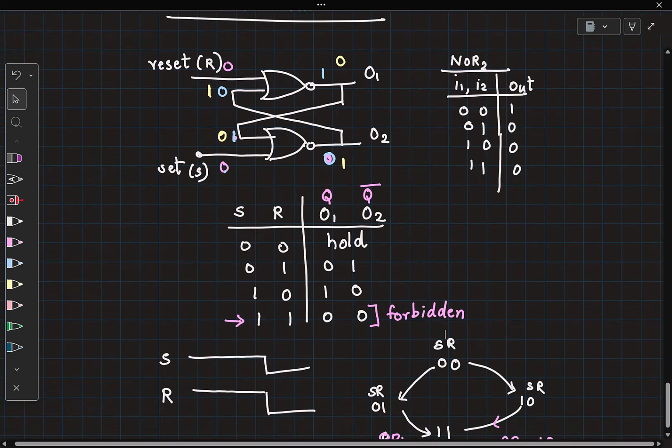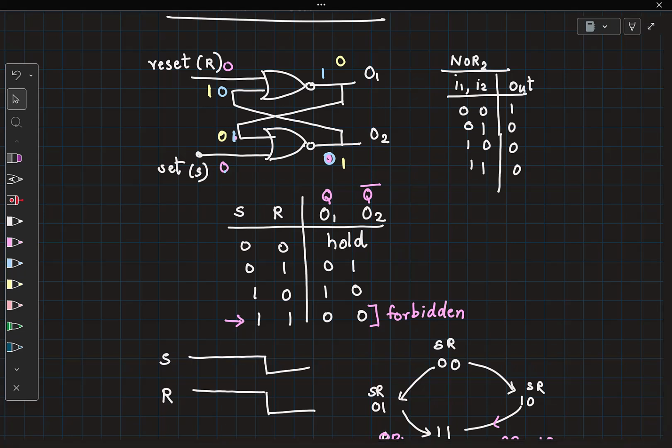Just based on that forbidden pattern, if I move from that state to any other state, it's imperative that... It's not imperative. If you move from the forbidden state to either the set or the reset state, then there is no confusion. The output is well defined. Problem happens if you were to move from here to this hold state. If you have a transition that goes from here to here, then you shouldn't be utilizing the output value for any other computations till the memory has been set or reset. You either need to set it or reset it.